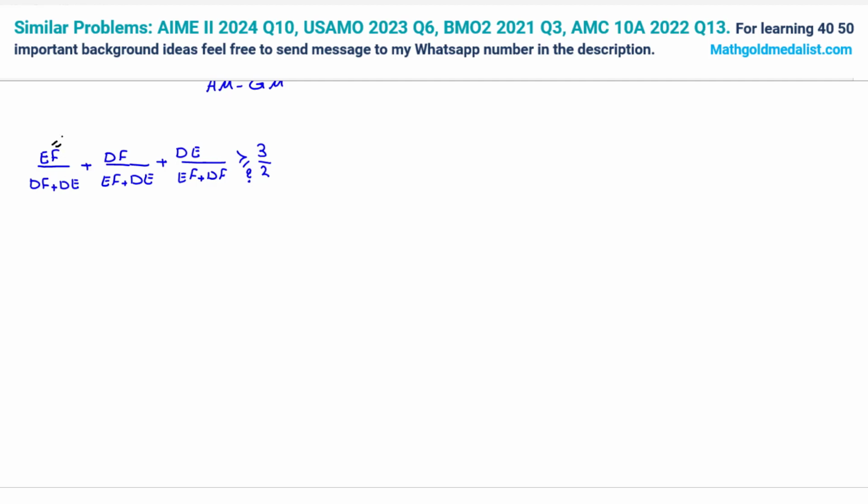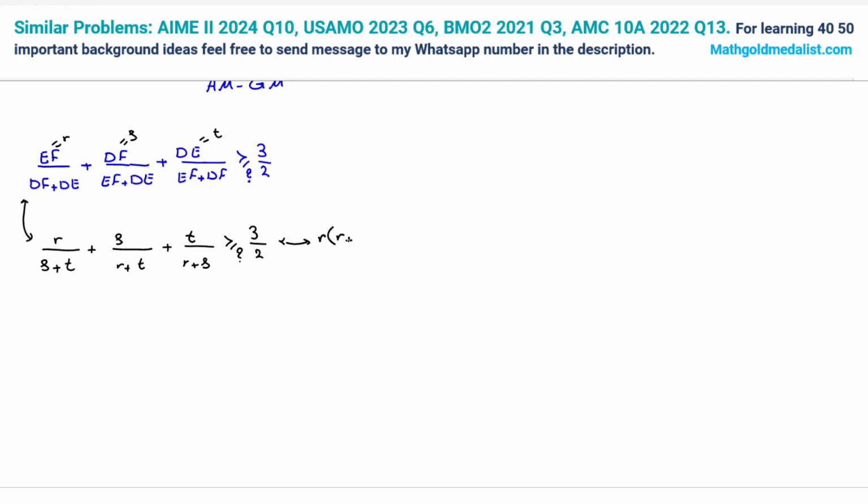We can define this one as r, this one as s, this one as t. So it will be r over s plus t, plus s over r plus t, plus t over r plus s. Why is it greater than or equal to 3 over 2? There are lots of ways to prove this. One way is to multiply both sides by these denominators to get rid of them. So it is equivalent